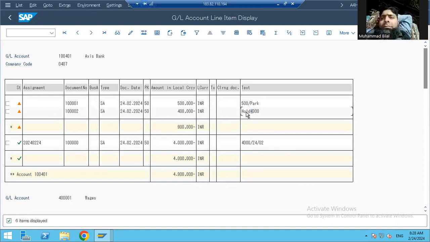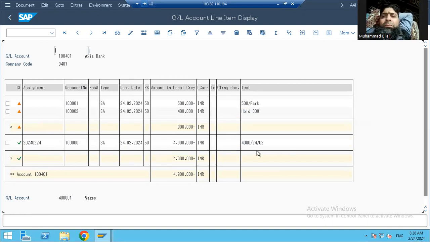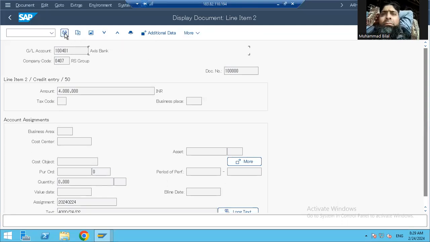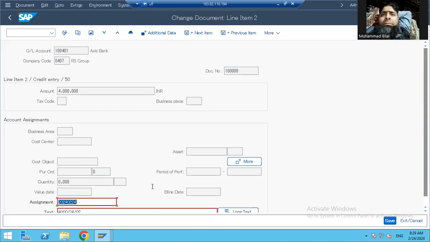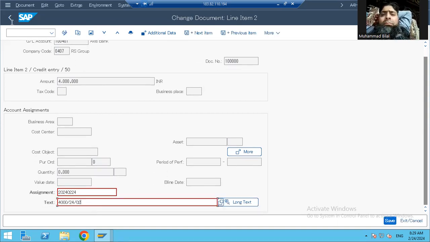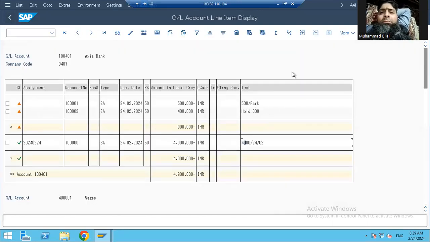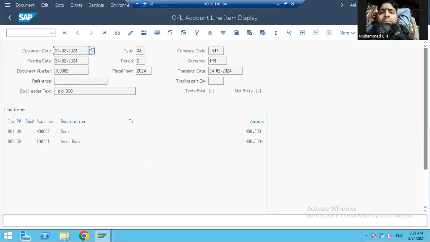And we have parked items. Okay. This is not hold, this is parked. And you can change parked items whenever you want because it is still parked. This is posted. Okay, you can just change the narration of a posted document: double click, more. Okay, change display. You can only change narrations over here. That's it in a posted document. Okay, but in a park document, this says hold. I will just change it and